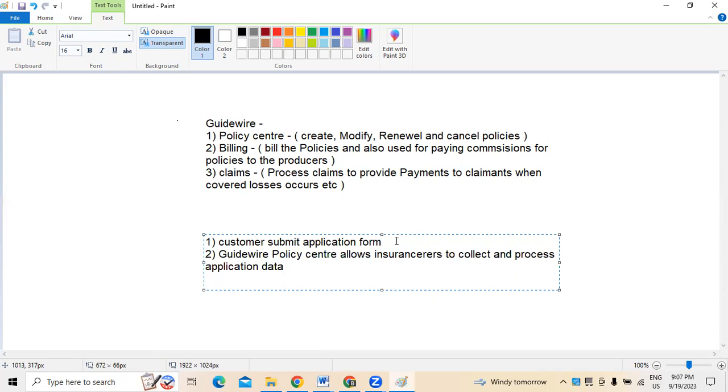Okay, right? Guidewire PolicyCenter allows insurers to collect and process the application data. So once it is done, we need to run the eligibility check